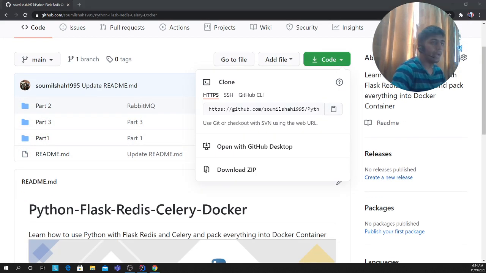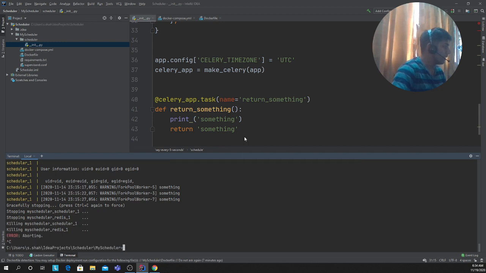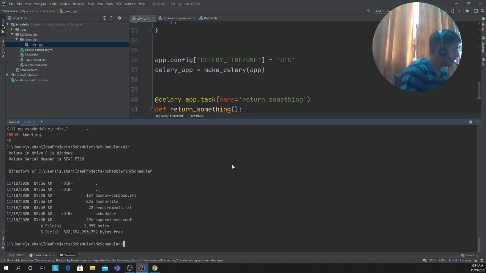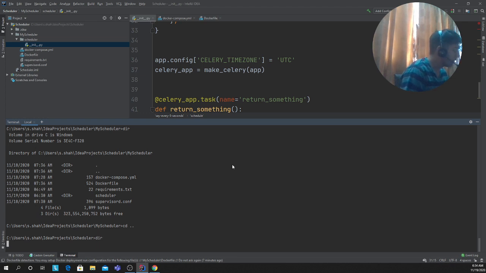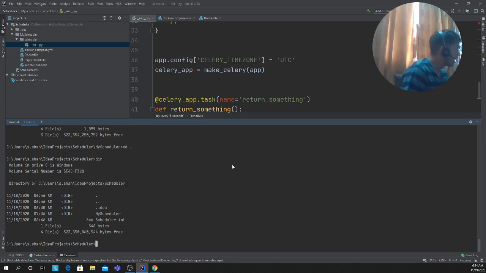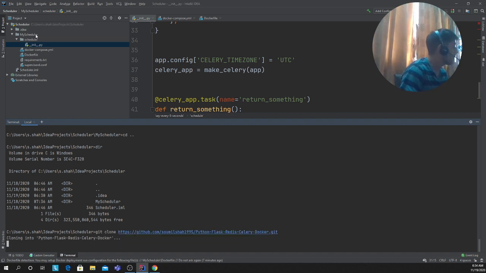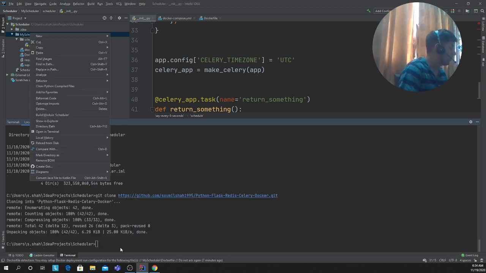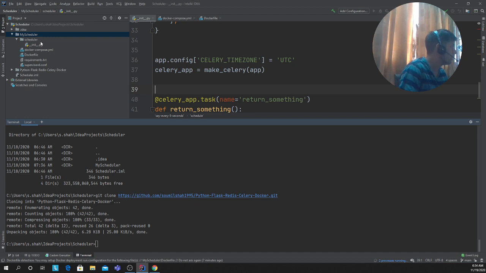Let me do it right away before I forget something. cd to the directory. It should be pretty fast, don't worry. See, my scheduler, that means I'm okay. So git clone that one. Oops, I just got to copy all of that. I could use the cp command, but this is a Windows command prompt, so the Linux command wouldn't work.